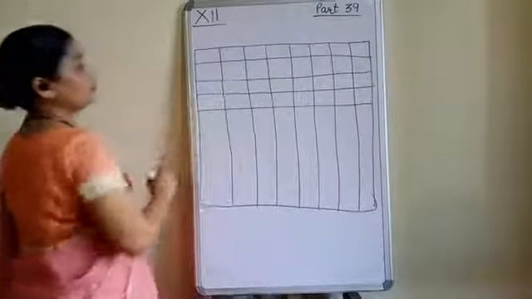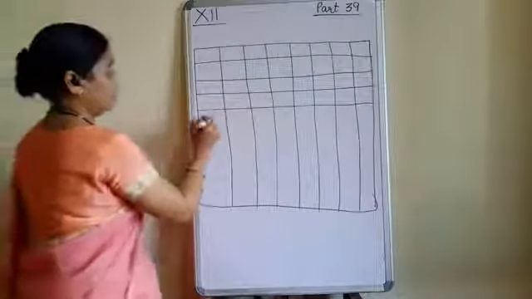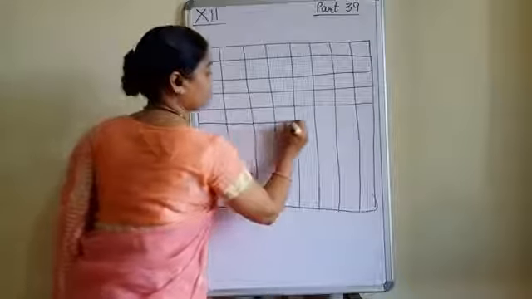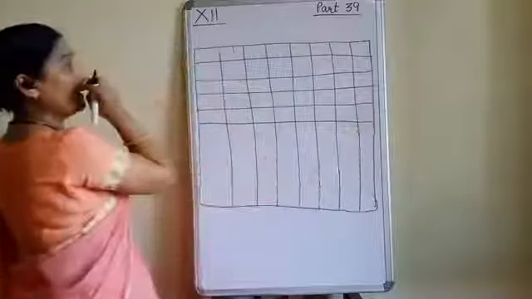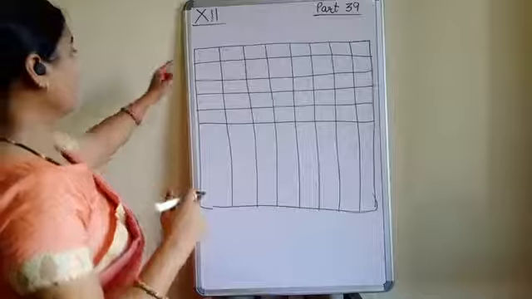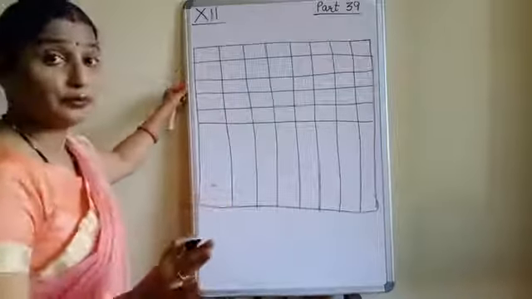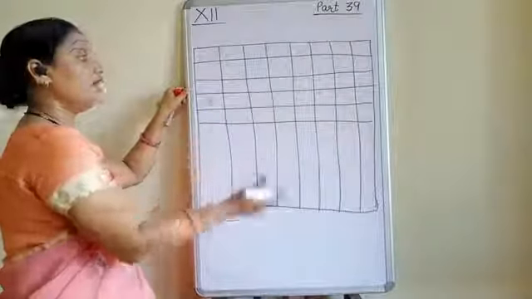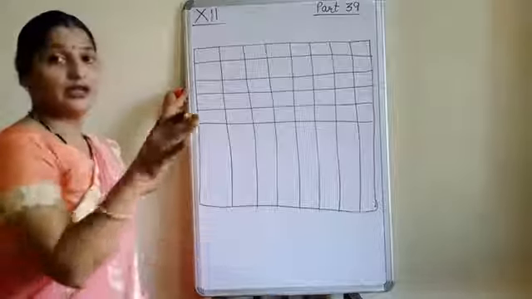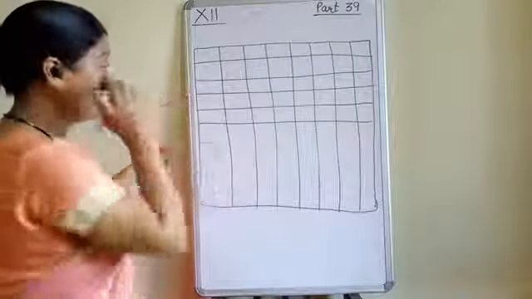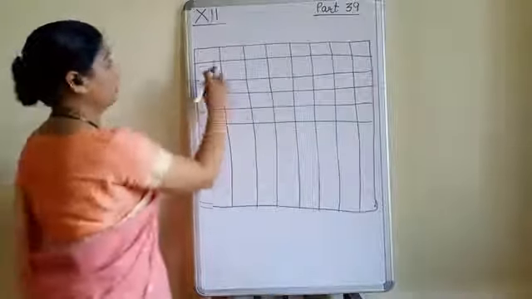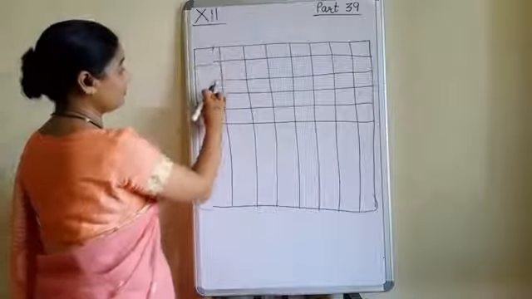Children, you all have to prepare a checker box like this only, okay? Now, if you are watching the videos, then you take out your copy. Every time I have told you that whatever I am teaching you, just open your notebook and note down everything. So now, along with me, you prepare 1, 2, 3, 4, 5.